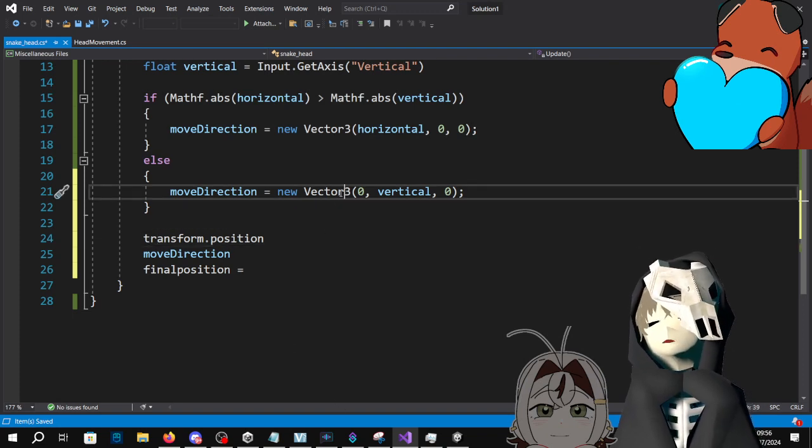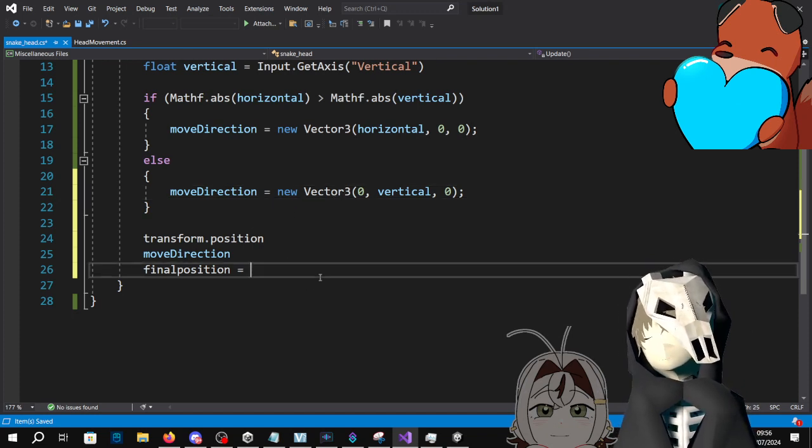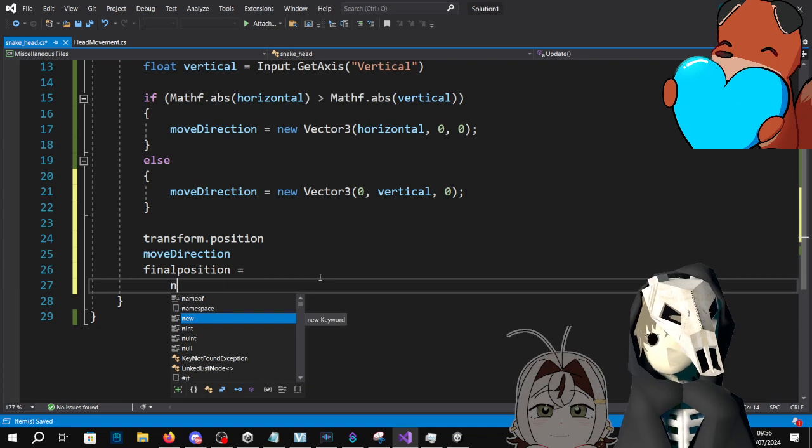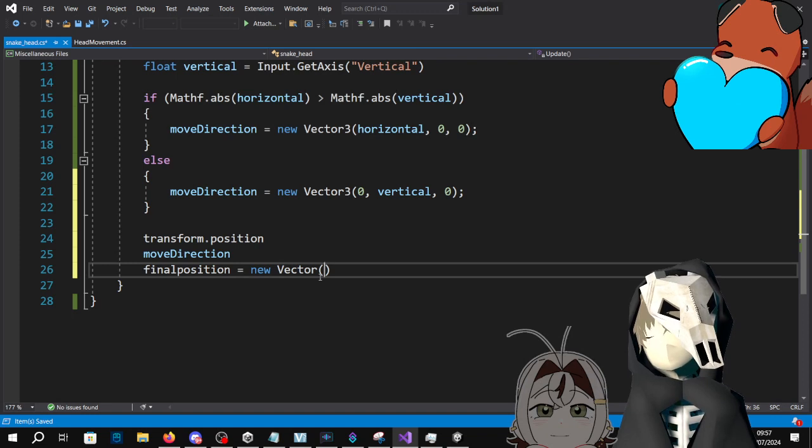If this was a vector 2, then we wouldn't be able to add it together, and we would have to do a new vector 3. But we don't need to do that. So, if we were doing it like this, it would be